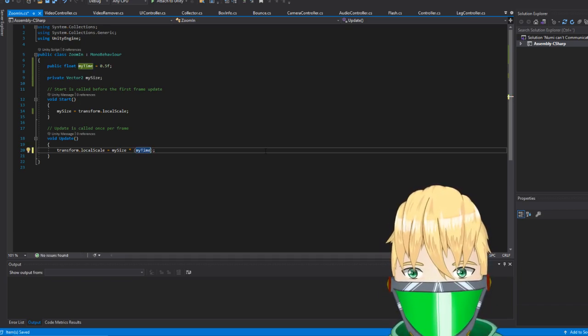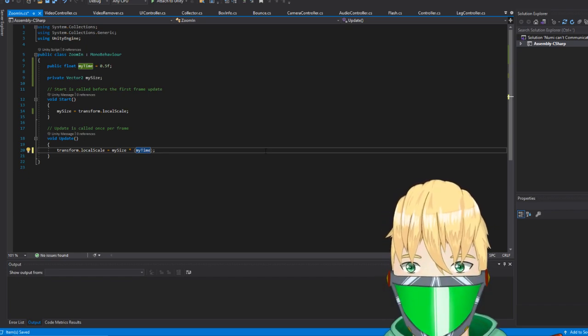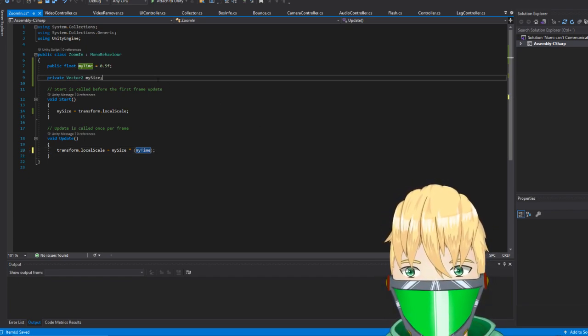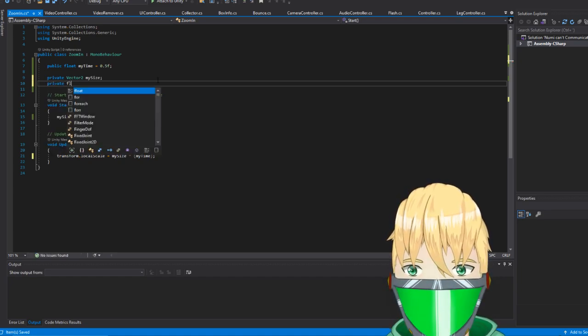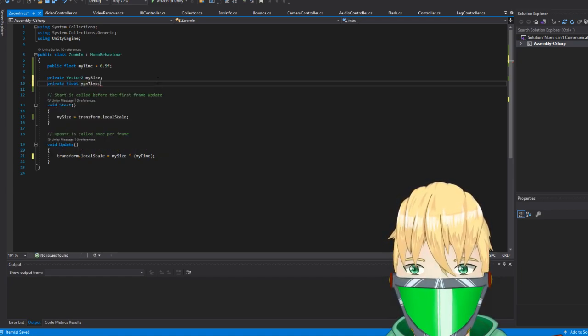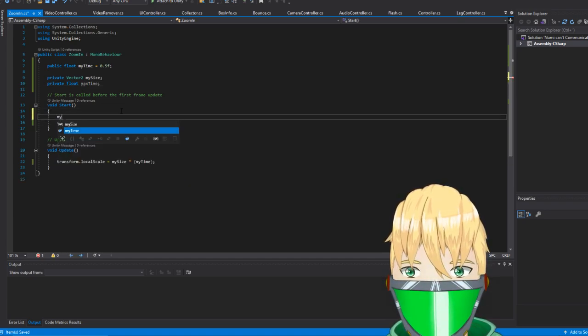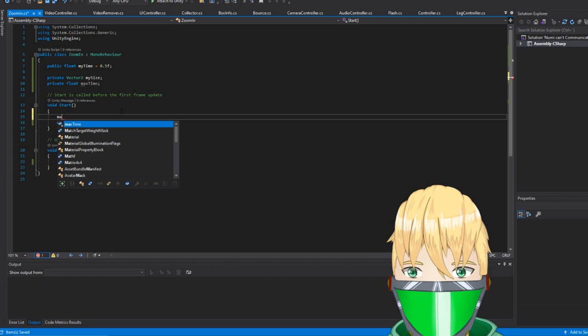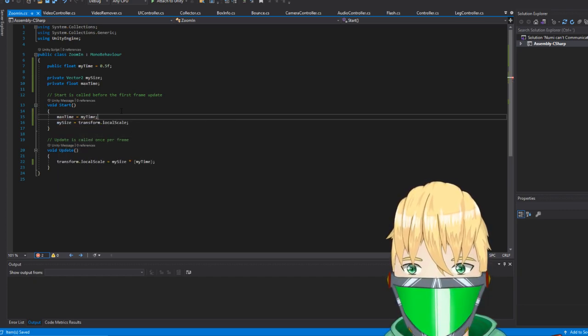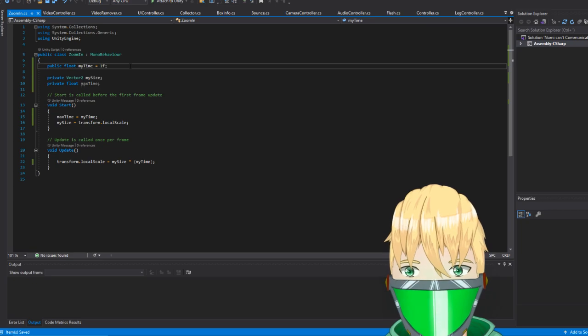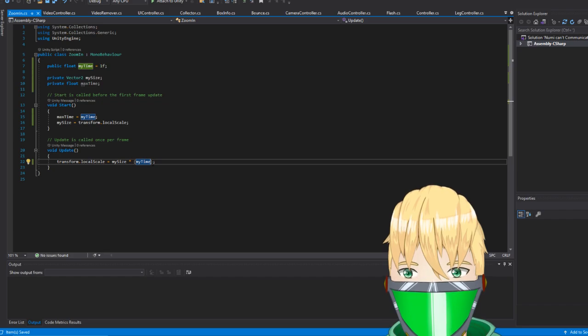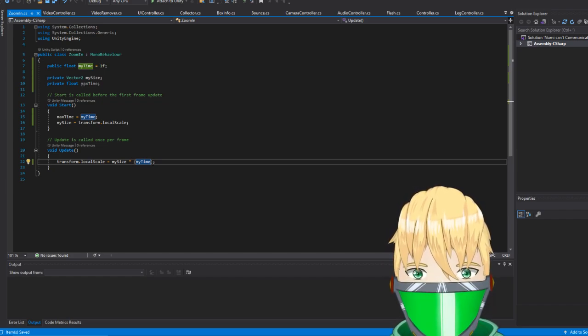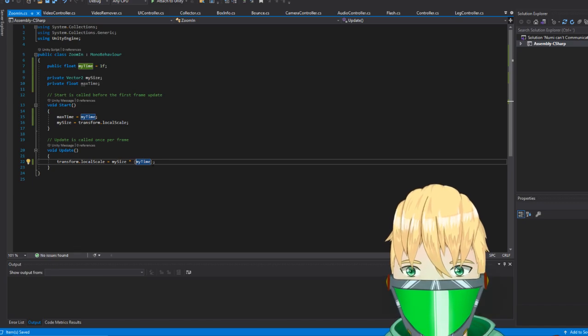And then we want my time. So when my time is at a maximum value, which is gonna be 0.5, for this we actually need to save max time, because we're gonna have to remove that. Max time equals my time. And I think we should actually set it to 1. So we'll take my time, because we want at the start to be at 0. So we want max time